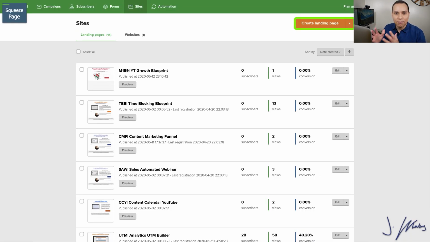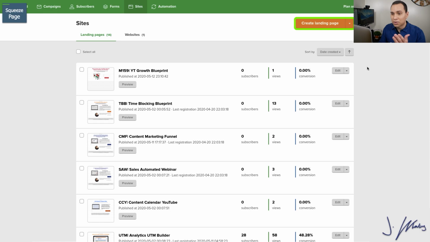So the reason I like MailerLite so much is because you're actually able to set up all the automations you need with their free plan, unlike MailChimp or ConvertKit, where they have free plans, but you can't actually create automated sequences. So once you're inside of MailerLite, I'll link up in the description to an affiliate link where you can check it out. If you do decide to upgrade, we do receive a small commission as a way to support this channel.